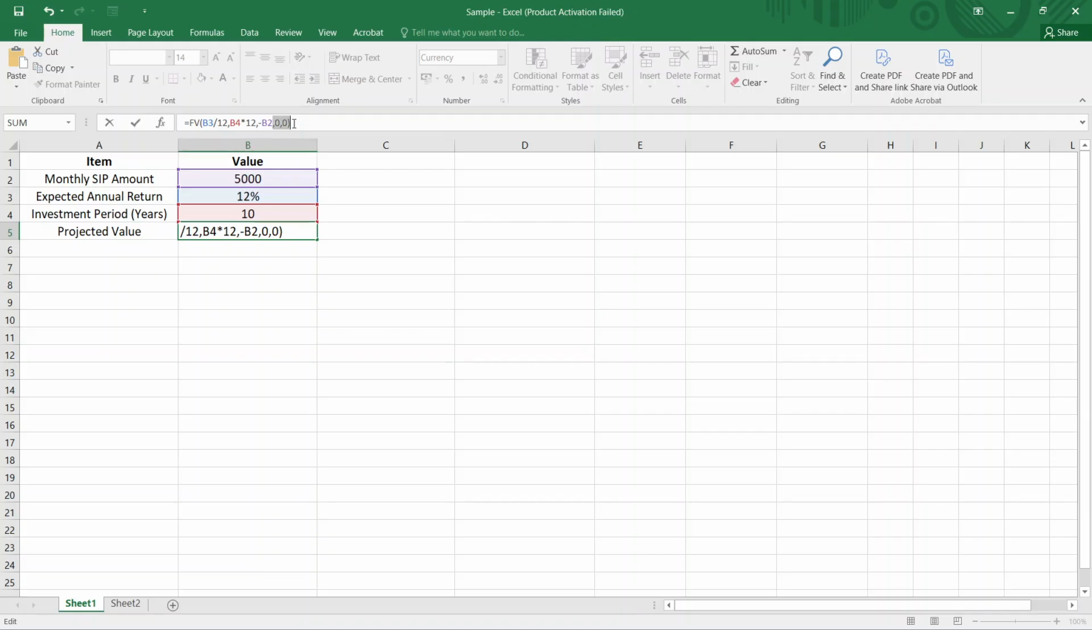This formula works because Excel's FV function is designed to calculate future value. In this case, it estimates how much your monthly investments could grow over time by applying compound returns. Dividing the annual return by 12 converts it into a monthly rate, and multiplying the number of years by 12 converts the total investment period into months. The monthly SIP amount is entered as a negative value because Excel treats it as money being paid out regularly